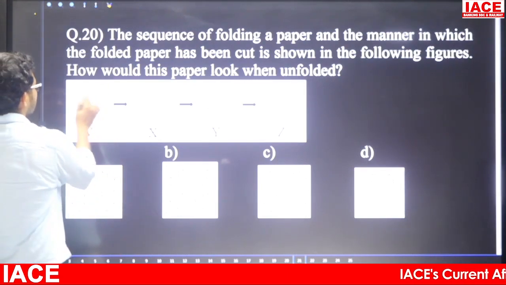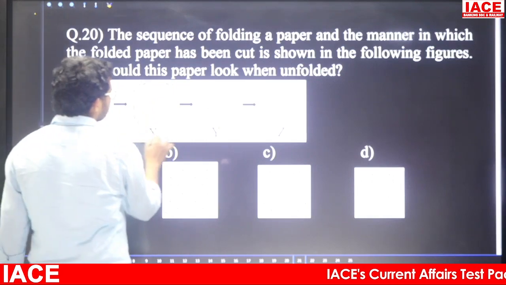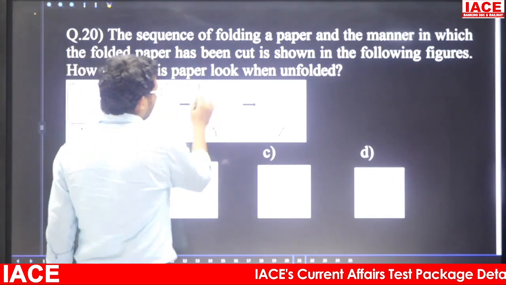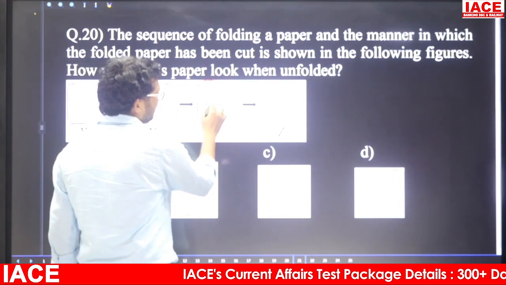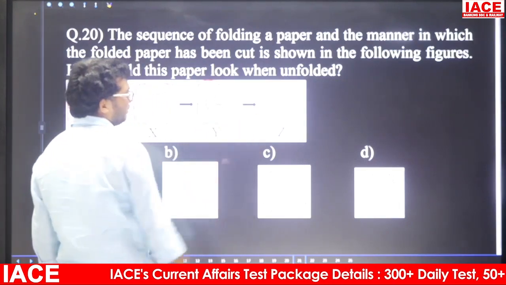Friend, this one is our actual paper. It is divided into two parts. Right is folded to left. We are having only the left part. Again divided into two parts. Top is folded to bottom. We are having only the bottom part.